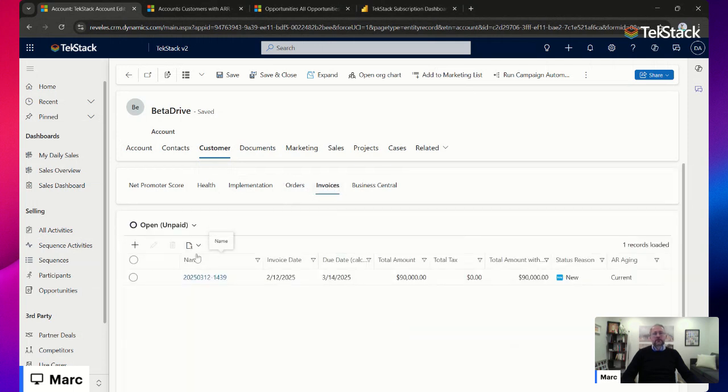So here are the invoices that we generated, and you remember the opportunity was 100 grand. The invoice is only 90, and the reason is that the service line was set up for do not invoice, because you may have services projects that are time and material or milestone driven, where the service team releases the invoice. It's not released at the point of sale. So that's how we had that one configured. So the invoice is generated with just the subscription lines, 90K. And then we can punt that over to QBO or Business Central, Microsoft's accounting system, automatically. So that's kind of cool.